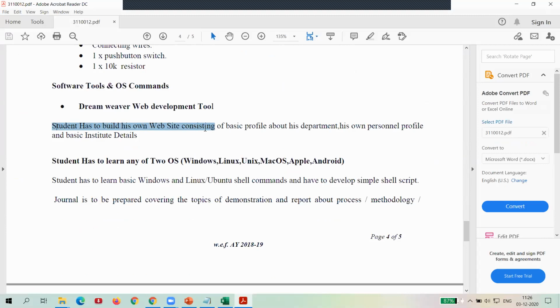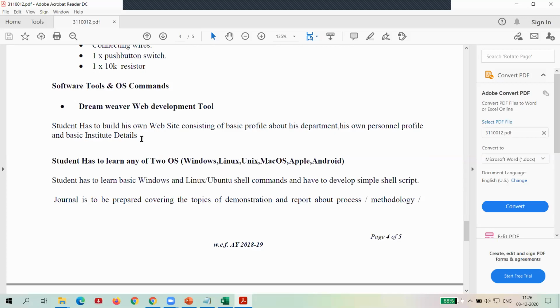The student has built one website containing a basic profile about his department, his own personal profile, and institute details also. We learned the basic tags where you can add an image and represent your department name, personal details, and college name.